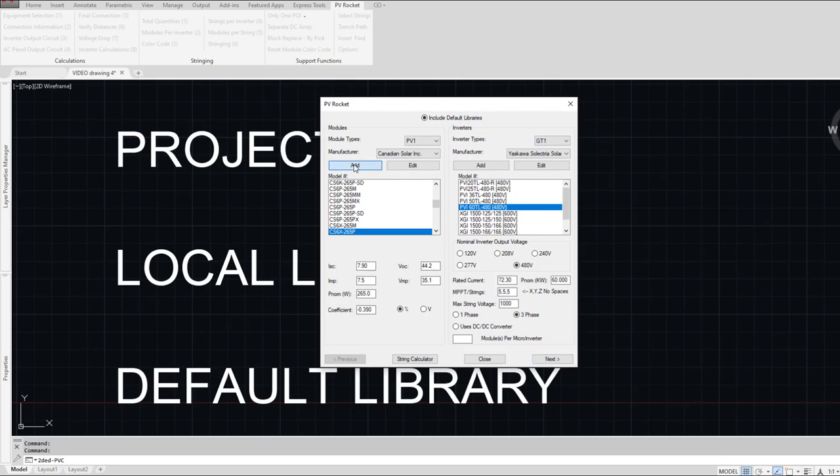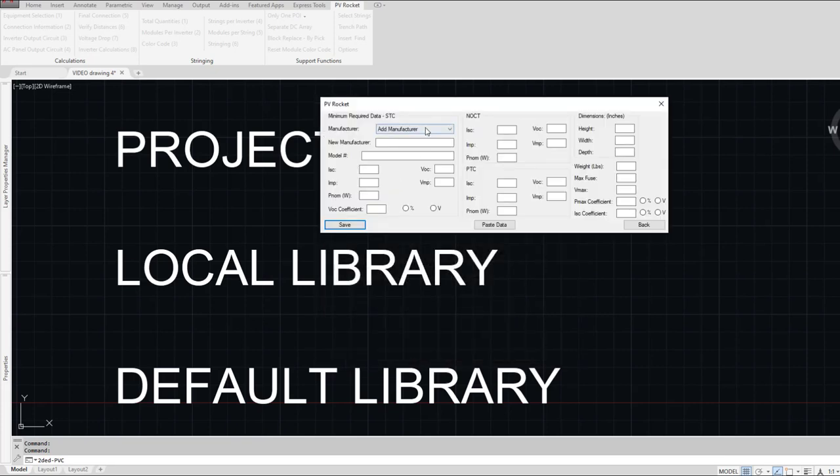Let's go to add. So there's two ways to add a model. If the manufacturer's already there, you should pull it down and select it. If you're adding a manufacturer also, type it in there while add manufacturer is selected under manufacturer. So I'm going to add Bob's Awesome, which is my favorite manufacturer. And the model number is, I